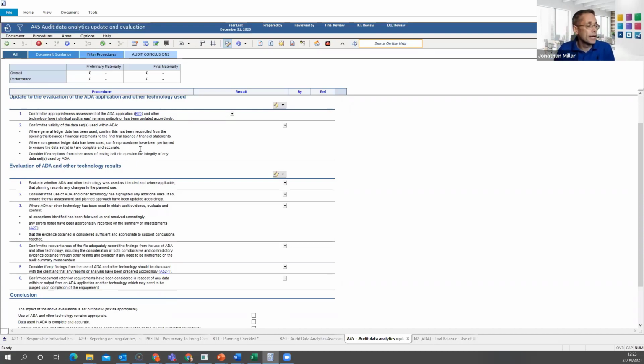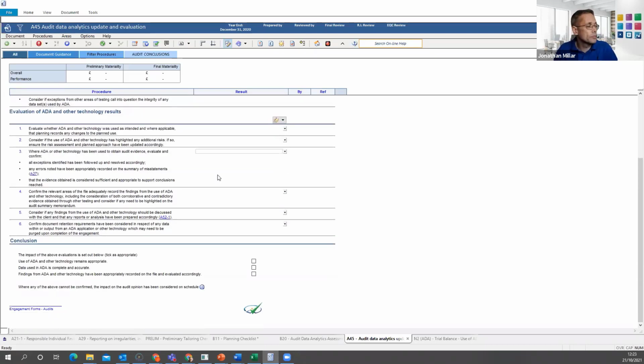Have we used that then in the audit? Has it directed our audit direction? Has it helped and provided the relevant audit evidence that we need? So those are just considerations you need to fill in, and then again at the end you just fill out